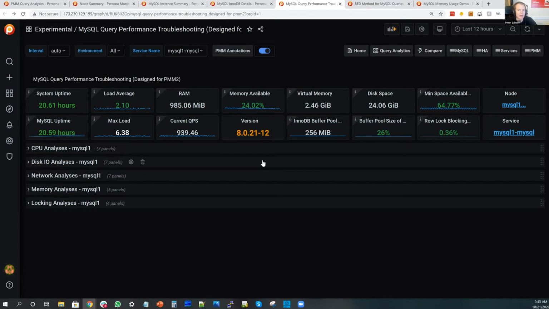This is a dashboard I have created to see the queries which are CPU heavy, disk heavy, network heavy, and so on. So for example, if I see my CPU is overloaded and I want to find which queries are likely to hit CPU, I can